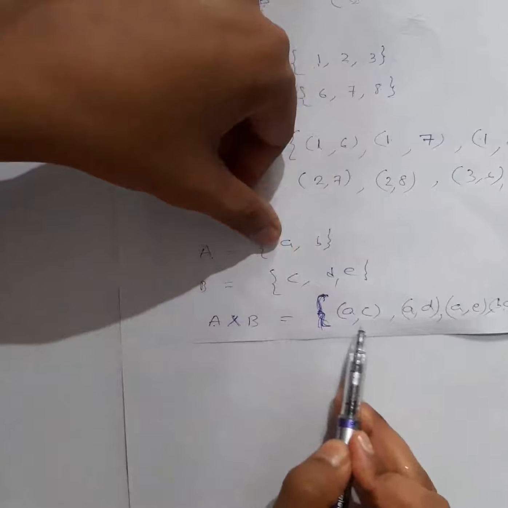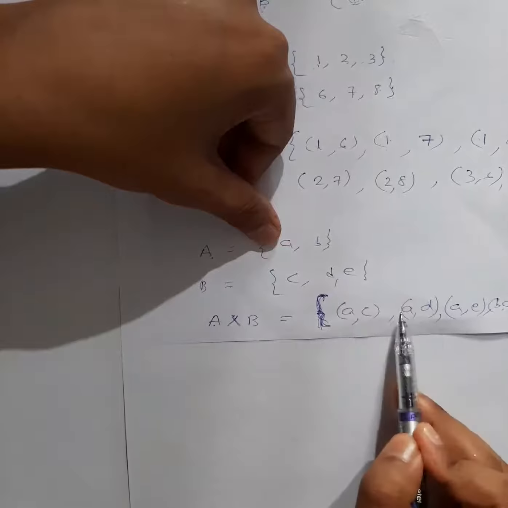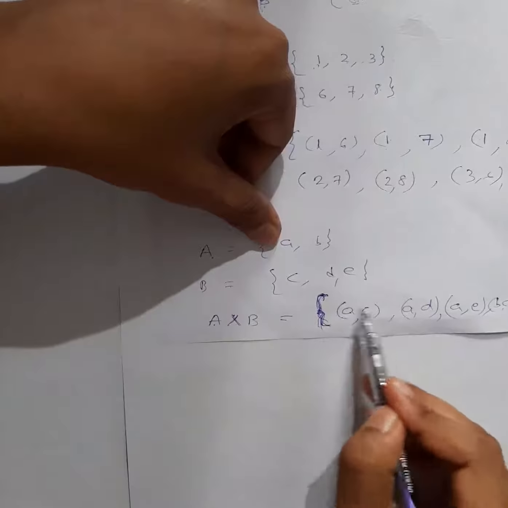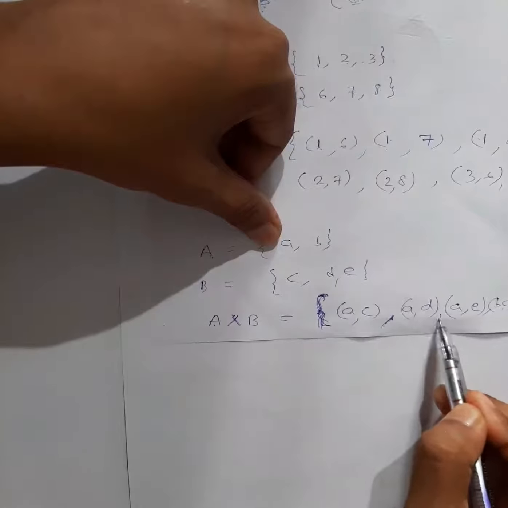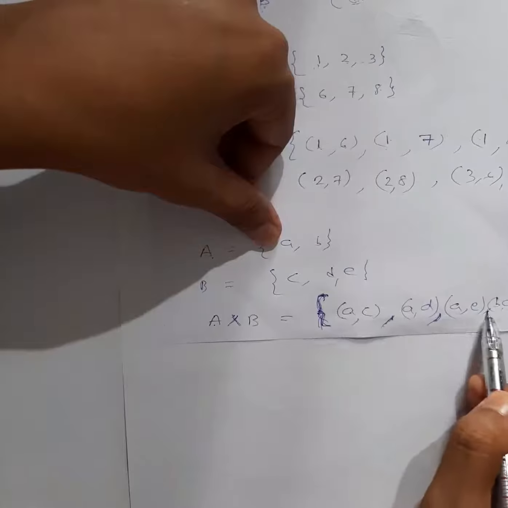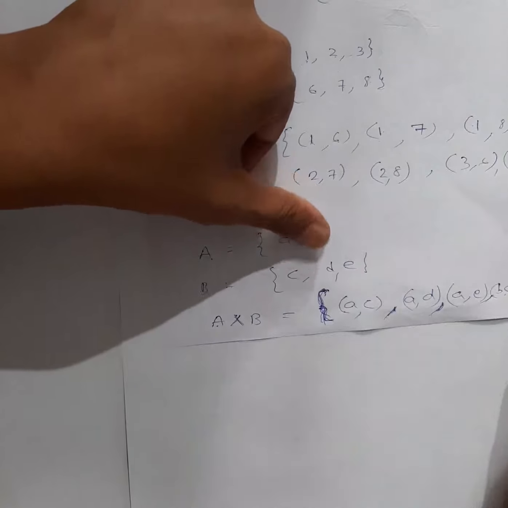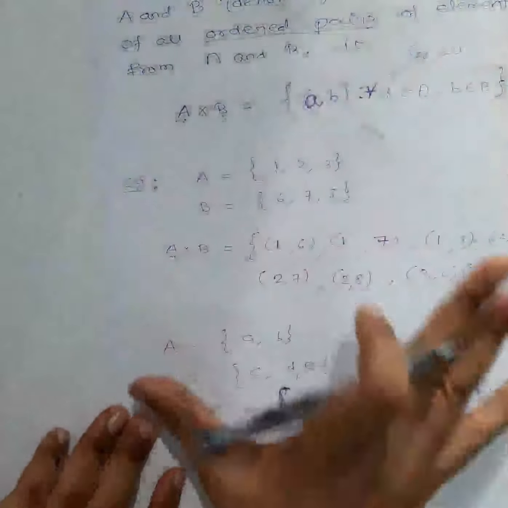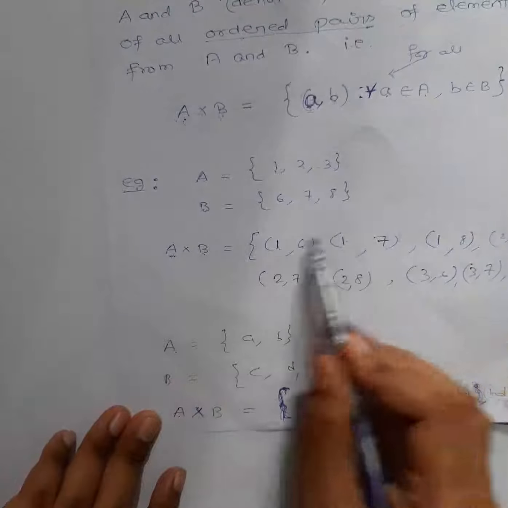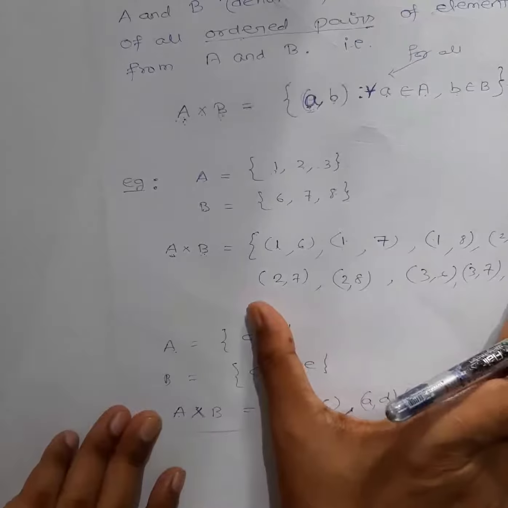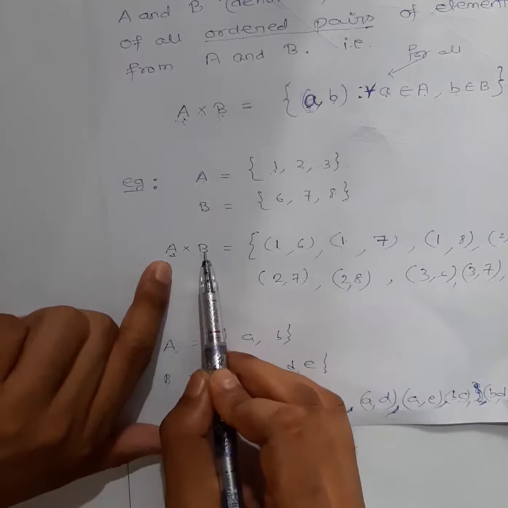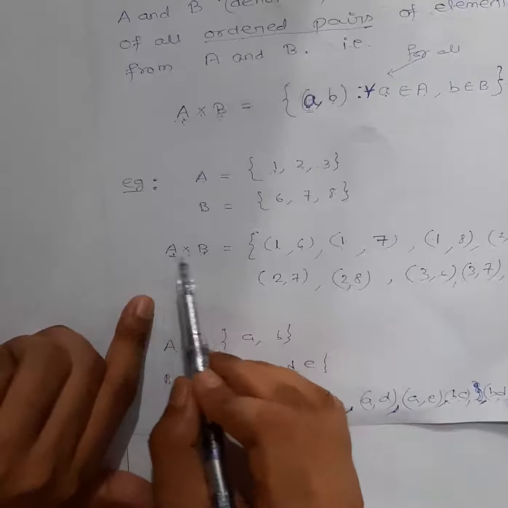Here this is one element, two elements, three elements; this pair is counted as one element. One element is separated by a comma, two elements separated by a comma, three elements separated like that, okay? So (B, D), then (B, E). So I hope you have understood what the Cartesian product is. It's nothing but a collection of ordered pairs: all possible ordered pairs in which the first element will be from the first set and the second element will be from the second set. From the notation you can understand.